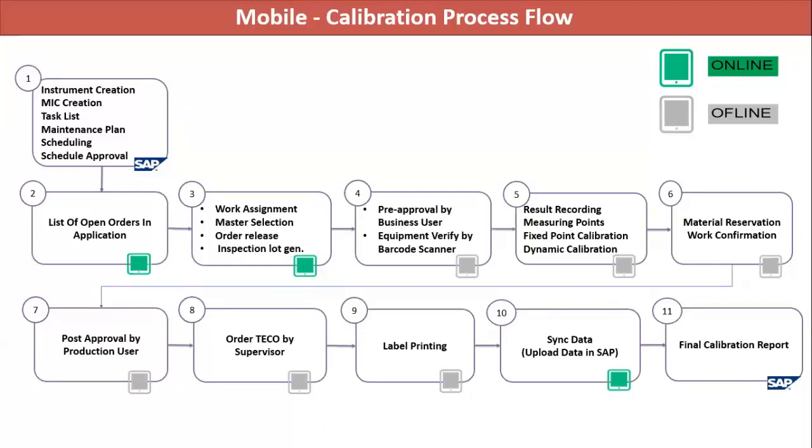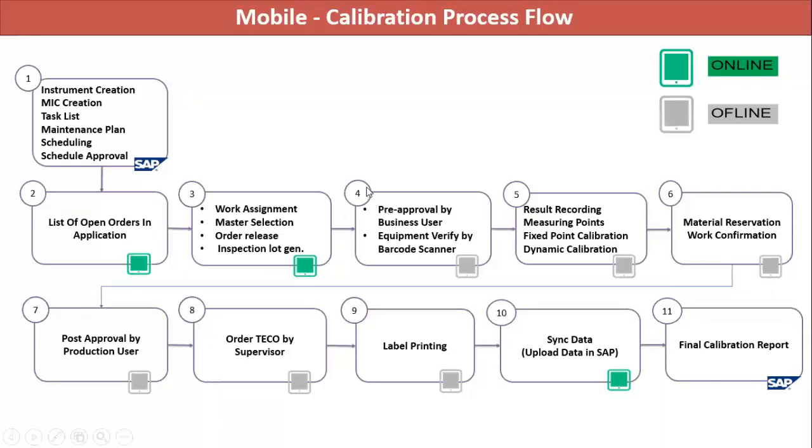This application for calibration can be used if you are using the measuring point, and it will work based on the measuring point. But if you are using SAP, and in SAP the plant maintenance module is integrated with QM, and you want to use additional features like quality notifications, materials, and other things, result recording of the QM module, then also this application can integrate and work directly with your system.